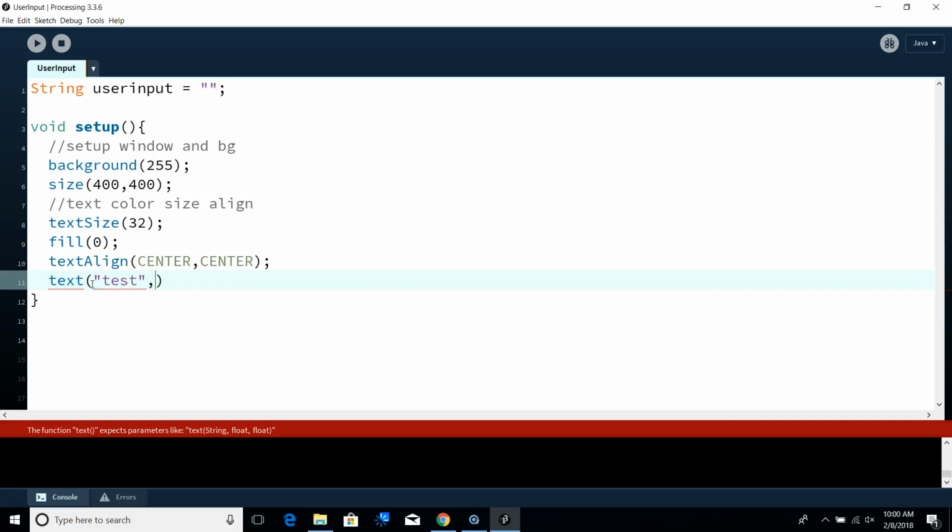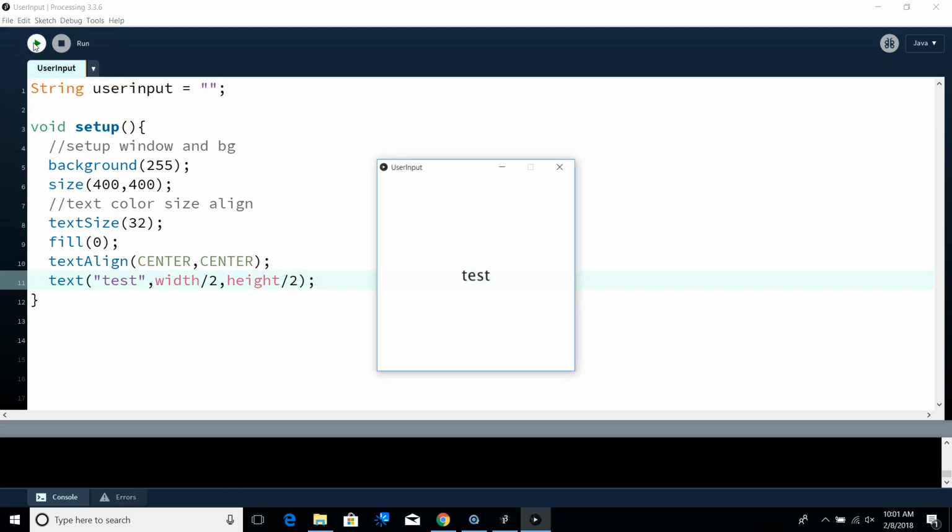And then where at? It's gonna be width divided by 2, height divided by 2. I thought the text line would do that. The text align is like an ellipse mode. It's telling you where the text box is controlled from. Okay, so this is going to put the center of the text box at width over 2, comma height over 2. So we should get,